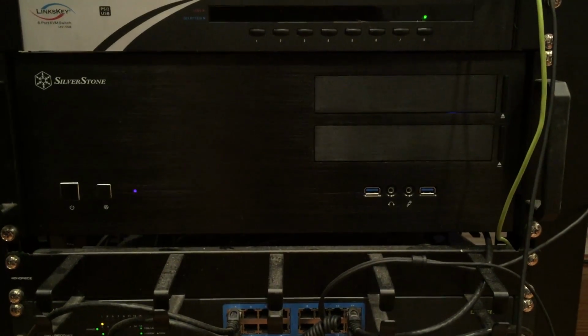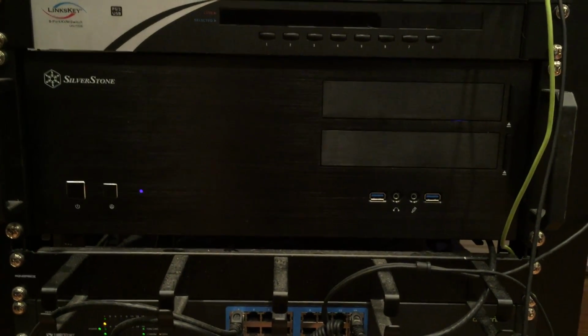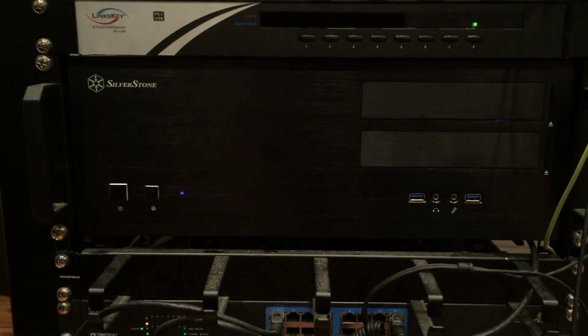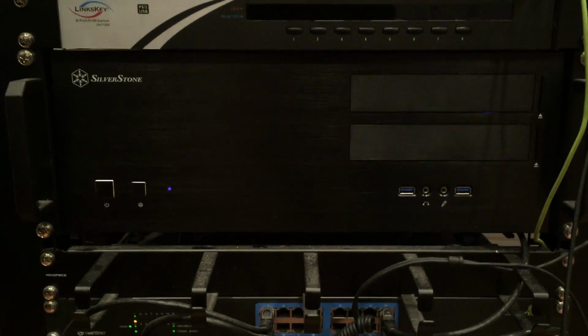So I got a 680 Ti, and that thing was great. It worked out fantastic, and I used that and gamed with it for a while. And then I got a Titan. It's the old school Titan, the original one, and that's what's in there right now. Works well. I don't feel like I need a new GPU, but because of all the video stuff I do,